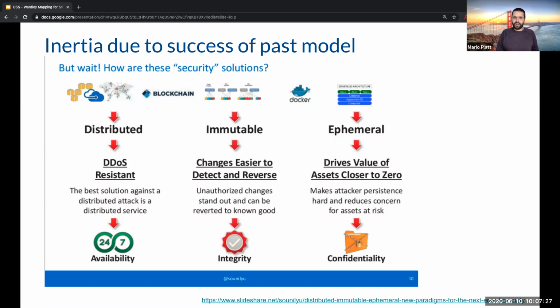So if we're building distributed architectures, should we really be thinking about the availability of single systems? Maybe not. If we have declarative definitions of the elements across all our applications and infrastructure, do we really need to be thinking about integrity monitoring systems or other integrity mechanisms? Instead, would we not be better thinking about how we can leverage immutability to prove and comply with our integrity requirements? And finally, if we're designing for ephemerality, so making systems short-lived for orchestration, for instance, and even adopting serverless architectures, and with that, making attacker persistence incredibly challenging, should we be spending too much effort on assuring